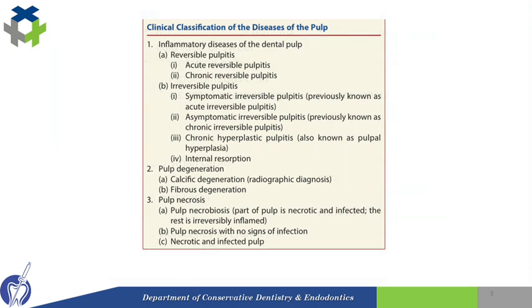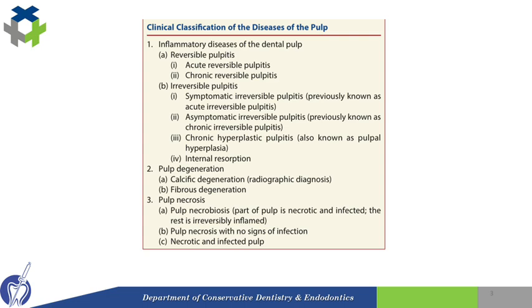Now, there is a classification for diseases of pulp. This classification is given in Grossman's 14th edition. Here, it is classified as inflammatory diseases of dental pulp, pulp degeneration, and pulp necrosis. Under inflammatory diseases of dental pulp, we have reversible pulpitis, which could be either acute reversible pulpitis or chronic reversible pulpitis. And under irreversible pulpitis, it could be either symptomatic irreversible pulpitis, which was previously known as acute irreversible pulpitis,